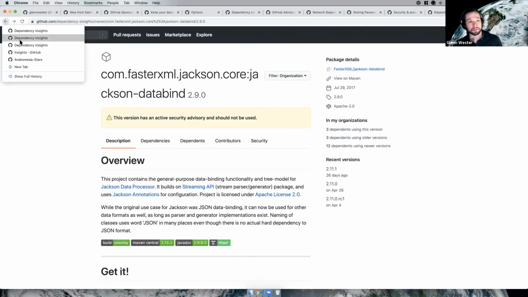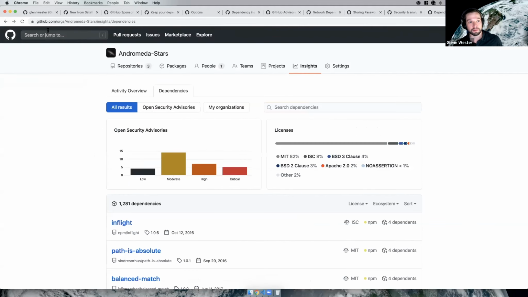There's another thing I want to say about the Dependency Insights dashboard here. As I mentioned before, you might consider certain license types risky. Now GitHub is not going to tell you what we consider risky, because it's going to vary depending on what vertical you're in, whether healthcare, banking, or whatever it may be. But what this will do is inform you about what license types are used across the dependencies that you're referencing. So if there was an advisory from your policy team or from your lawyers